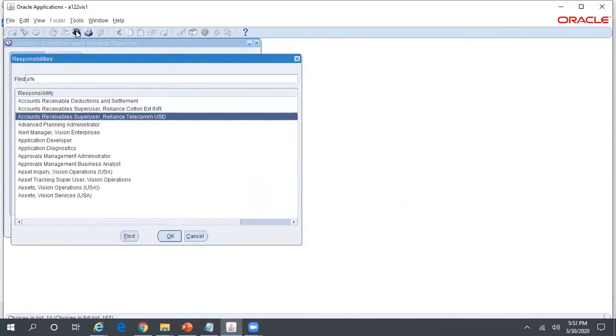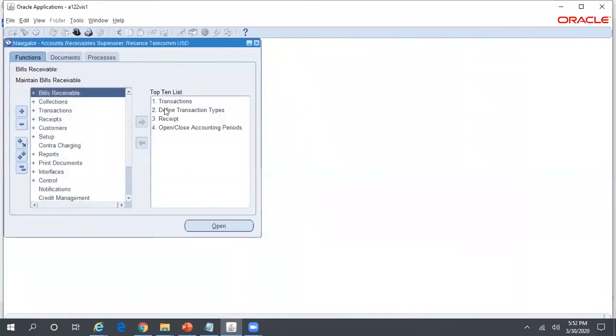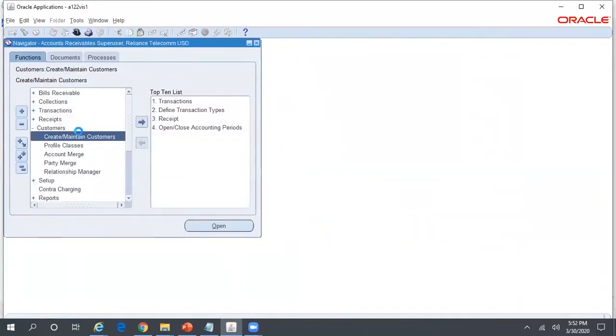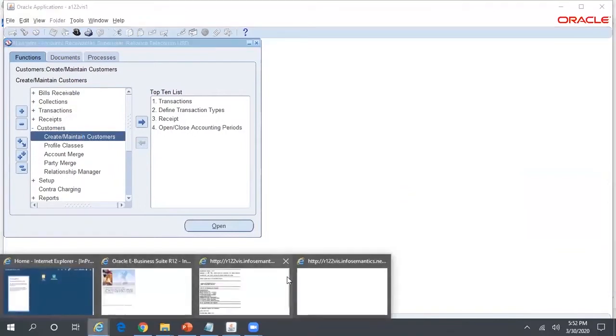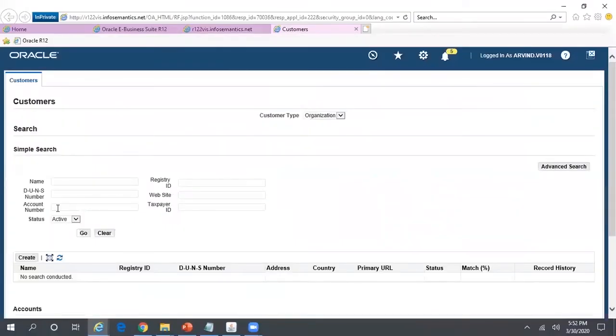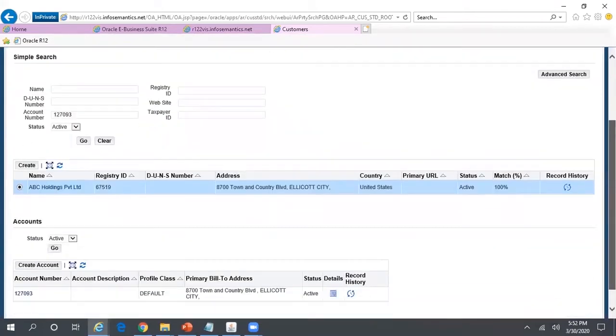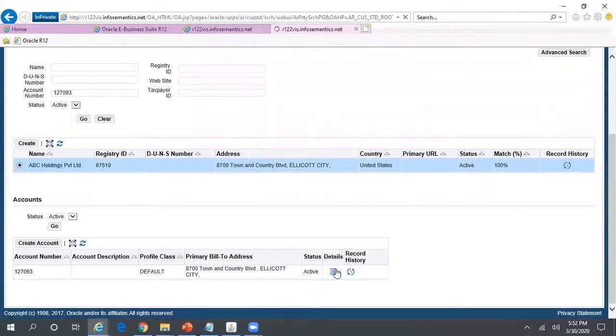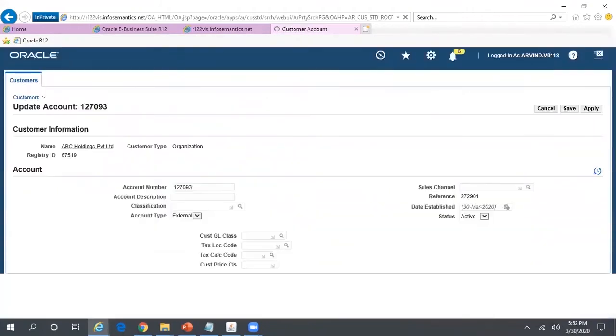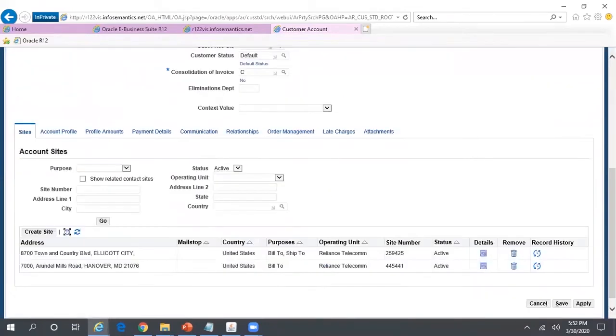Go to the accounts receivable responsibility, customers, create and maintain customers, details, and then go to the account profile tab.